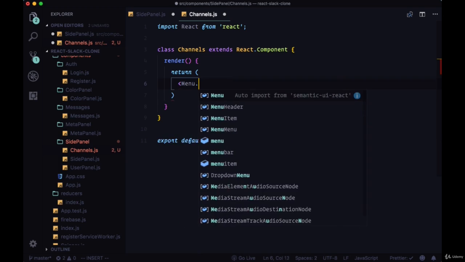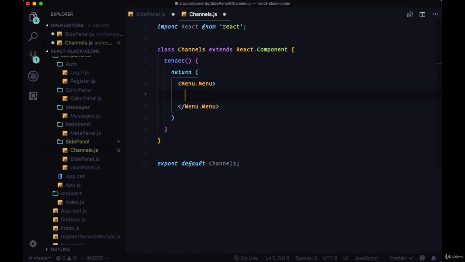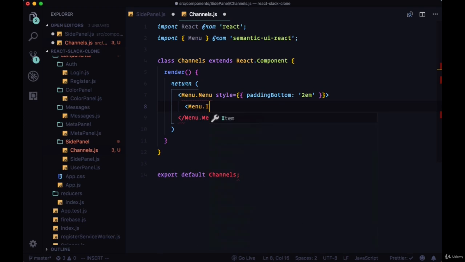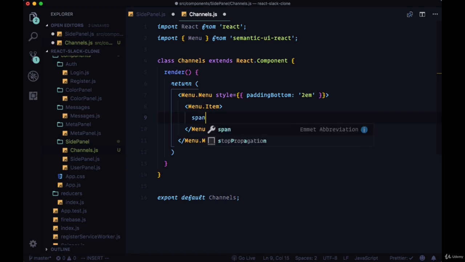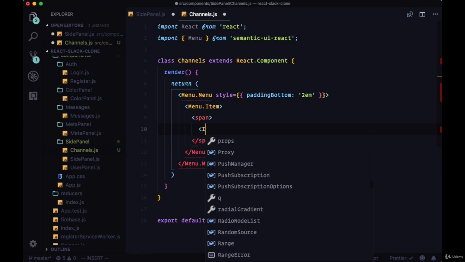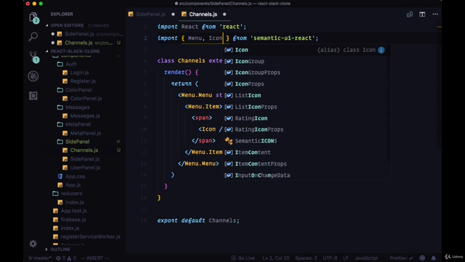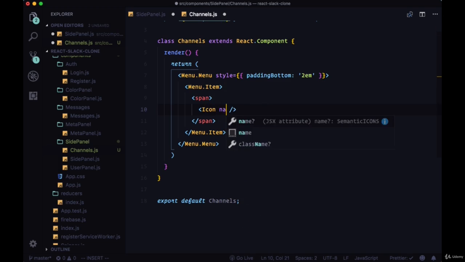Within the return, we're going to include this menu.menu component. Menu.menu will be a child of the main menu component that's within our side panel, and we'll make sure to import menu from Semantic UI React. And on the opening tag, set a style prop with padding bottom set to 2ems, so we'll give it some padding on the bottom. And menu.menu will have a menu item within it. That will contain a span with an icon. So we'll grab that from our import as well. Our icon will have a name of exchange,